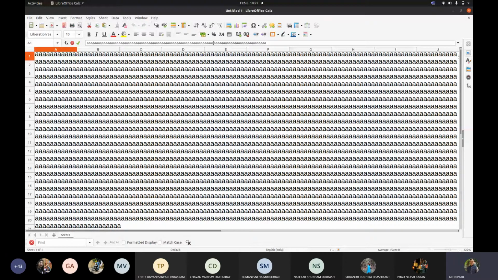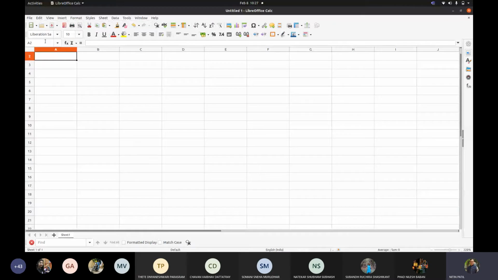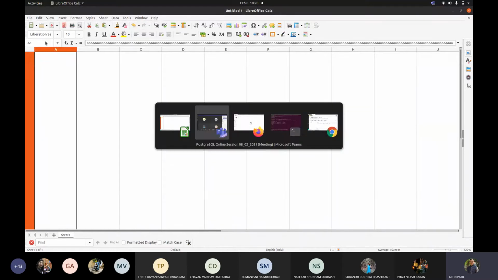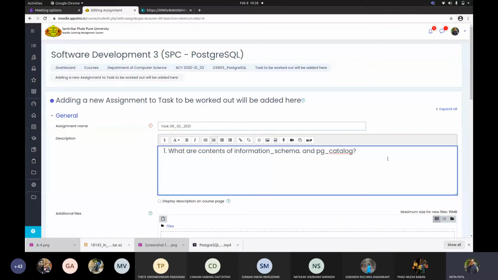Though it is showing me that it is spread over the whole screen, it actually is not, because if I try to go to this A2, then again it is taking some amount of time. Now if I go to A1, it is showing me that it is holding some value. So in a similar way, every table will have its own limitation. What would be the size of the column? Is it varying with respect to the data type that you use, or is it varying with respect to the default column? So let us start.